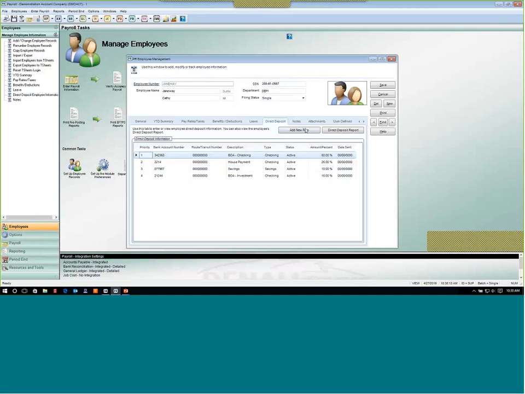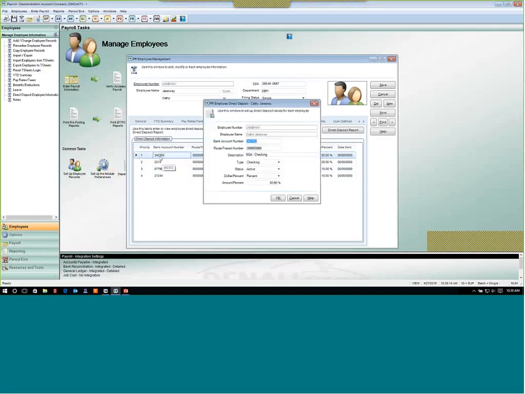Basically, you would put in their employee bank account, if I double click on this one, the employee's bank account number, the employee's routing number, a description for that bank account, whether it's a checking or a savings account, and then the status of that account is active. Now, the reason I said account is because